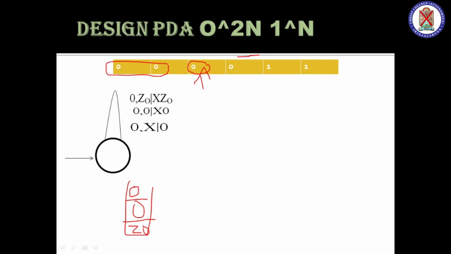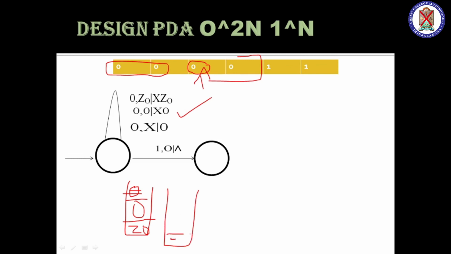See, up to here, when I do the loop, or when the PDA is working, you will get two zeros on your stack. Okay, that is what is said by this. Next, what do we do? When I see 1, I will pop a 0. If I see the first 1, I must pop a 0 from the stack. That is, 1 is coming, the stack top is 0, I will put it as epsilon, meaning this is deleted. So what we will get is Z0 and 0.